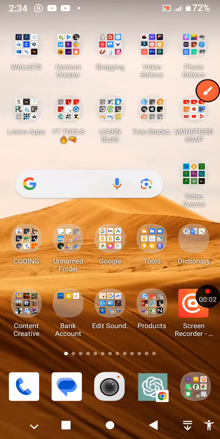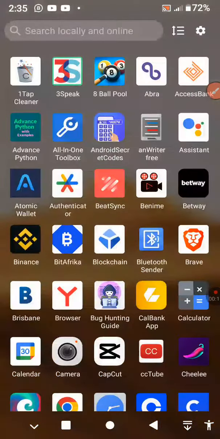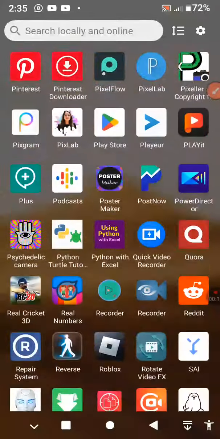So this is how to fix Candy Crush Saga lag problem or Candy Crush Saga loading problem. And also, if your Candy Crush Saga is not launching well or not opening well, this is how to fix it. So first of all, what you have to do is to go to your phone menu and search for